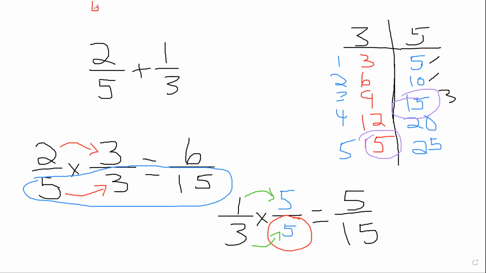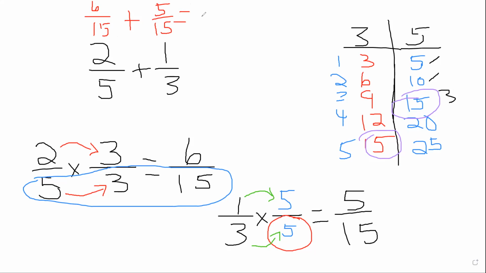So we have 6/15, which is the same thing as 2/5, plus 5/15, which is the same thing as 1/3. Okay, so now that our two denominators are the same, we just drag that right over here to our response